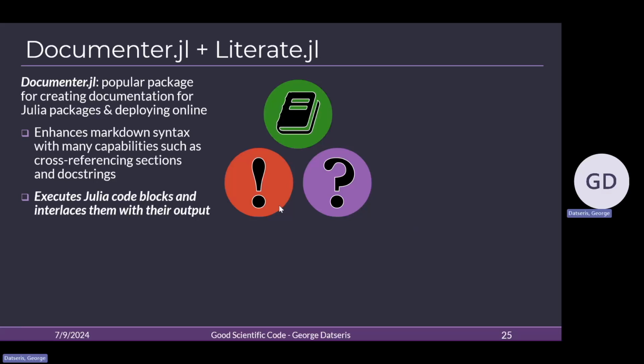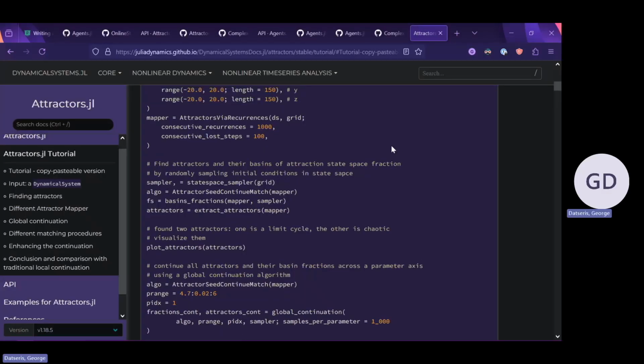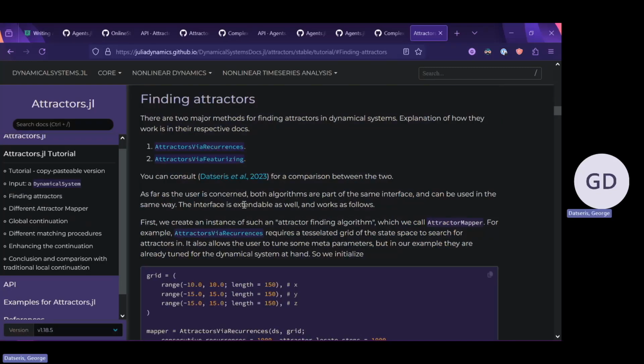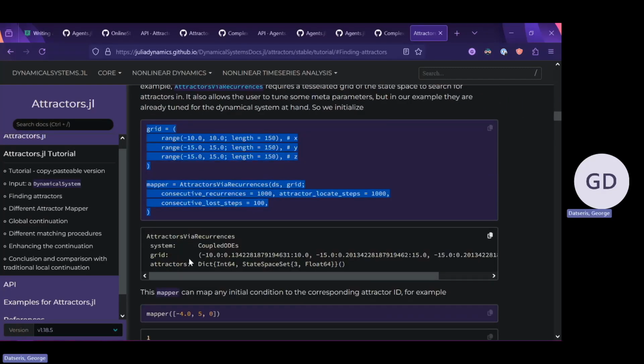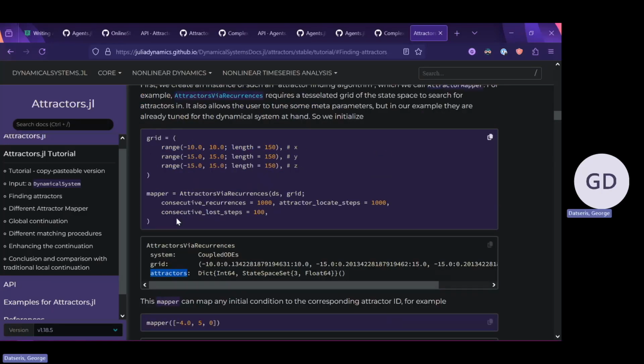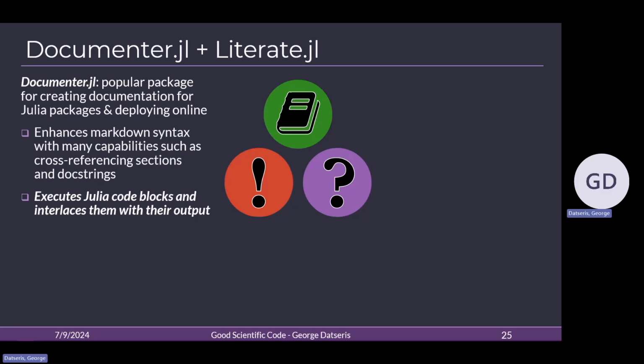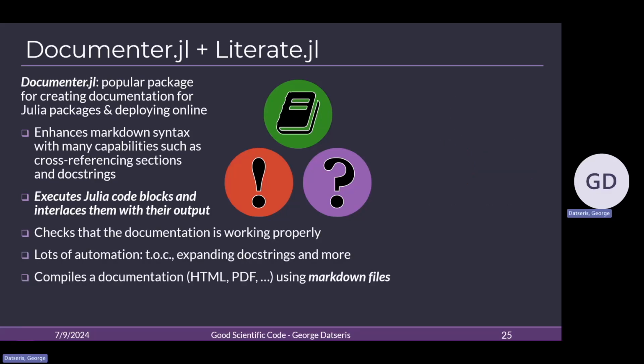Maybe this was not clear in the tutorial that I went through, but for example, here, you see this is a Julia code snippet, and at the end, it's its output. So if I copy-pasted this into my REPL or my Julia environment and ran it, this is what I would get. So Documenter automates this for me. It takes the Julia script or code snippet and it provides the output. Great. And it has a lot of other goodies that at the moment we won't discuss in much more detail.